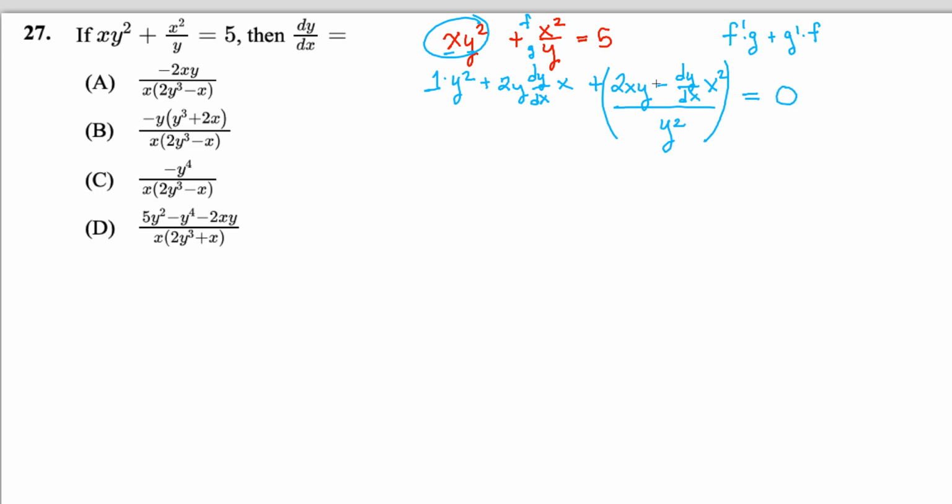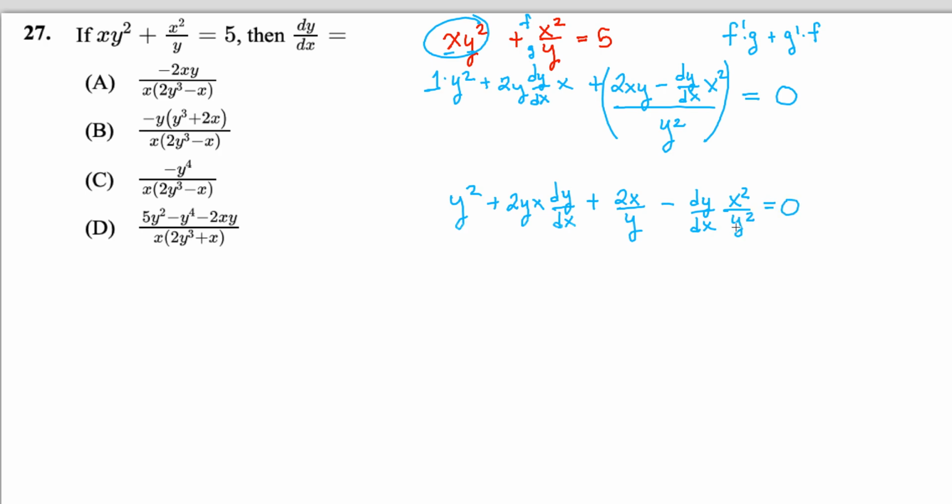And now in here, we just need to be careful. We just need to make sure that we can solve for dy/dx. That's just an algebra problem now, so let's do that slowly. y squared plus 2yx dy/dx plus, and I'm going to put the y squared and cancel, I'm going to write it as 2x over y, minus dy/dx x squared over y squared